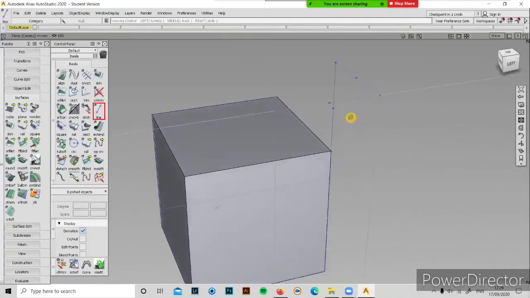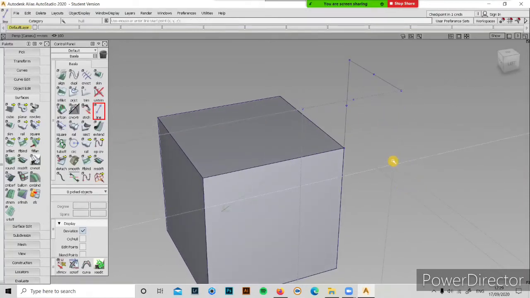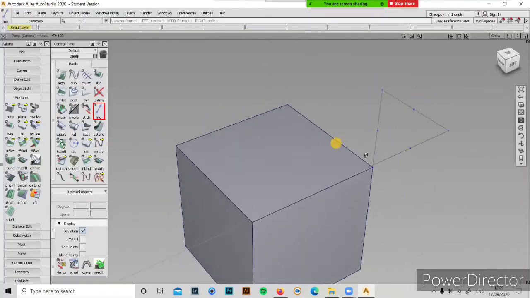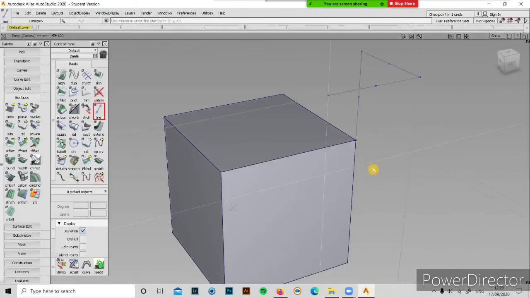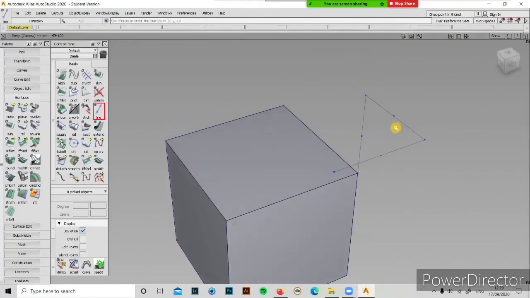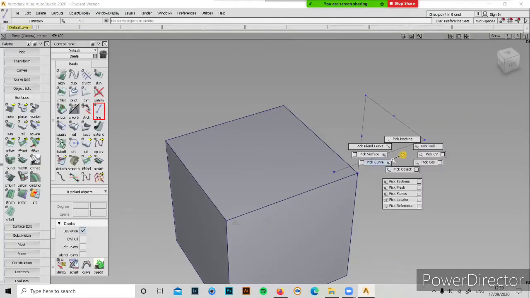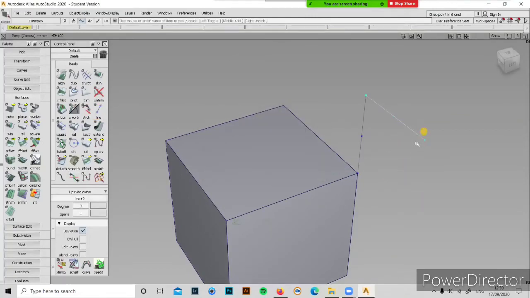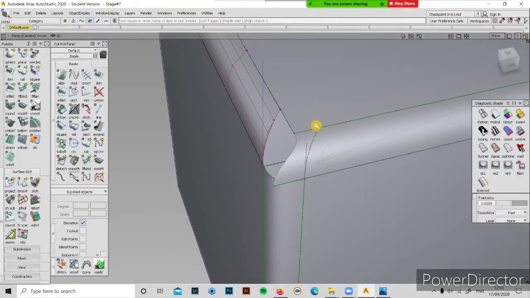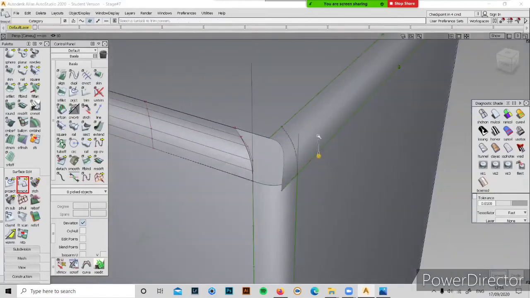You're able to see these construction lines, right? These are called grid construction lines. For deleting them, press G, grid lines. Select the curves and close it. Shift plus C, click it and you will be able to delete it. I'll delete this curve, delete this surface, and recreate it.